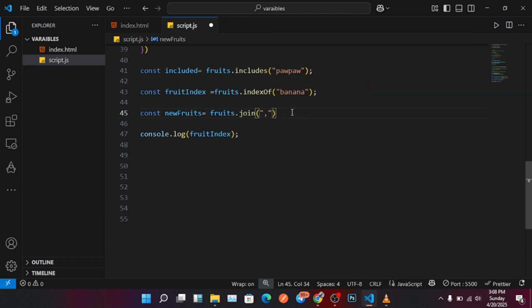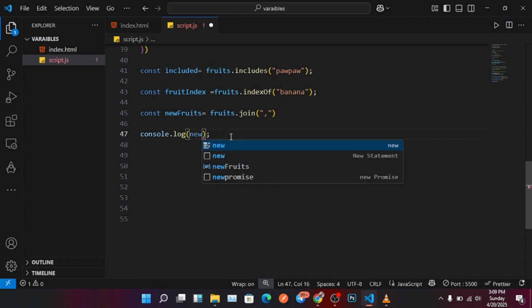It means we are going to convert this single array of fruits into a string called newFruits, joined and separated with commas. So when we check our console, we say console.log(newFruits),